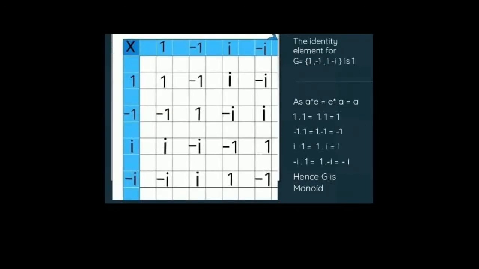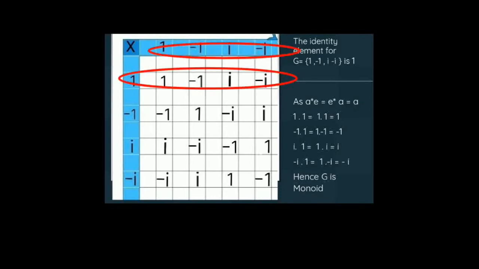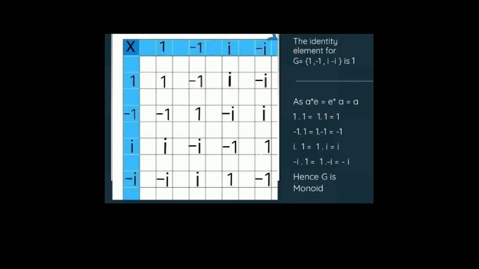Now the next property is the existence of the identity element for the set G. In the third property, if you multiply an element with the identity element 1, you get the same number. In the Cayley table, the second row is the identity row, in the same order as they are written in the top row. And when an algebraic structure satisfies three properties, closure, associative and identity, it is said to be a monoid.